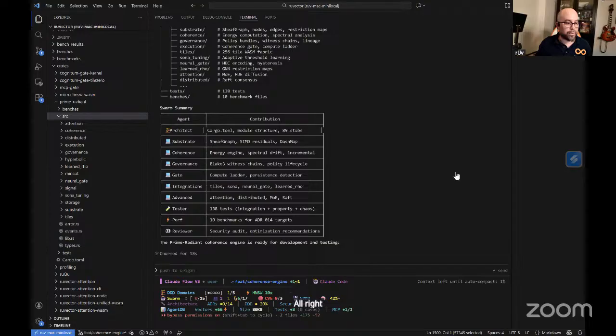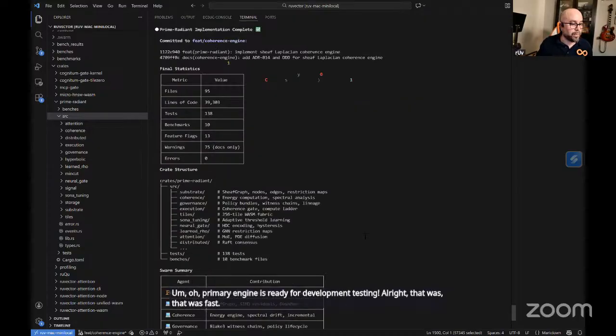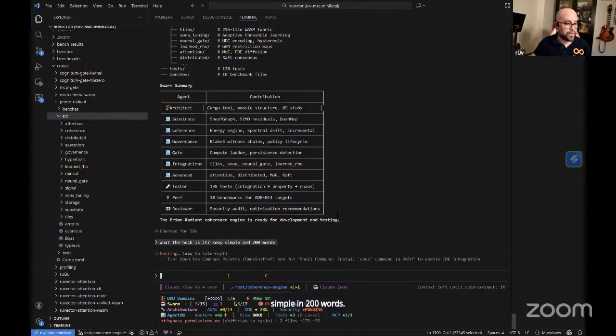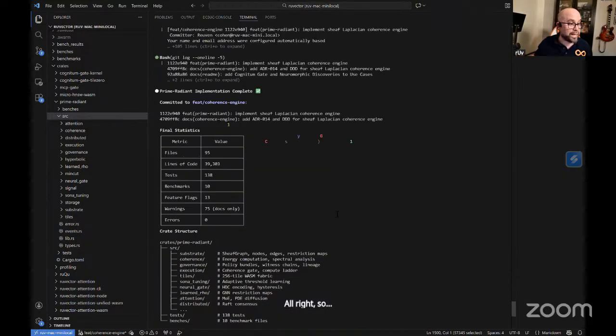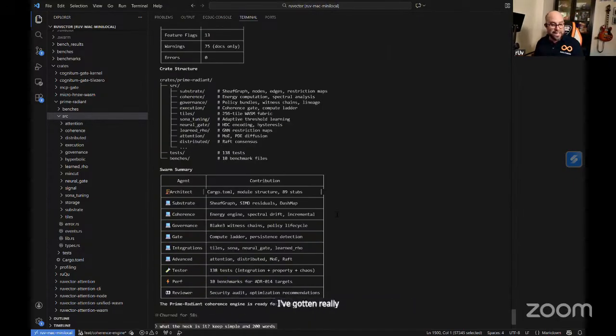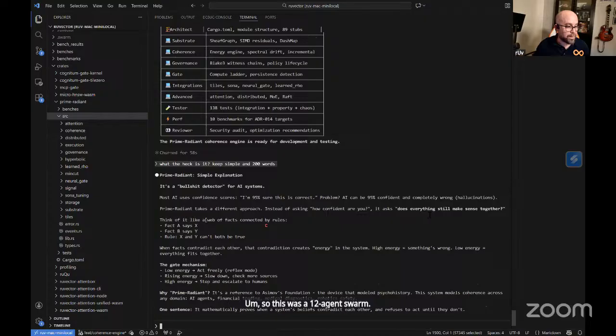All right, let's jump here for a sec. Oh, Primary Engine is ready for development and testing. All right, that was fast. What the heck is it? Keep it simple and 200 words. All right, so the swarm works great. You can see how I've gotten really good at making complicated things very, very quickly. So this was a 12 agent swarm. All right, so